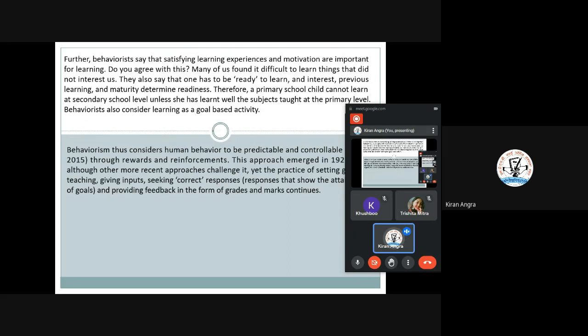So behaviorism basically has led to teacher-centered methods of teaching, where the teacher is active and delivering lectures while learners learn passively by receiving the information that the teachers provide. So this is the concept of behaviorism. Let's understand